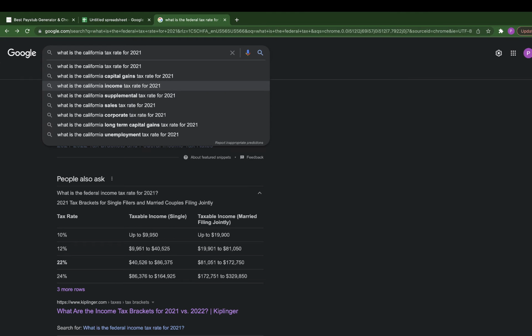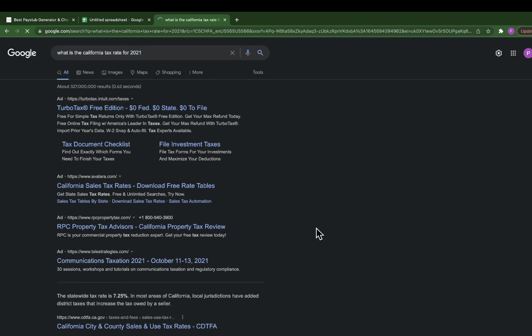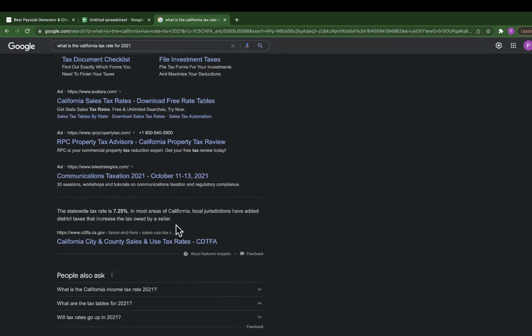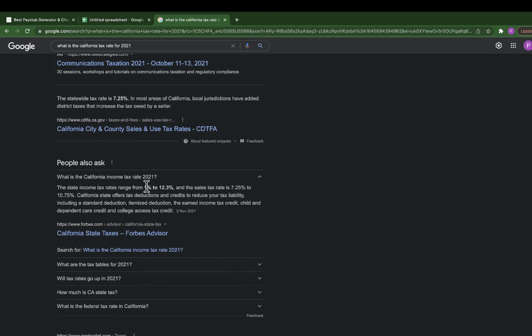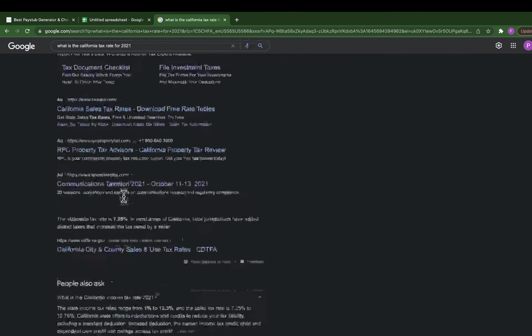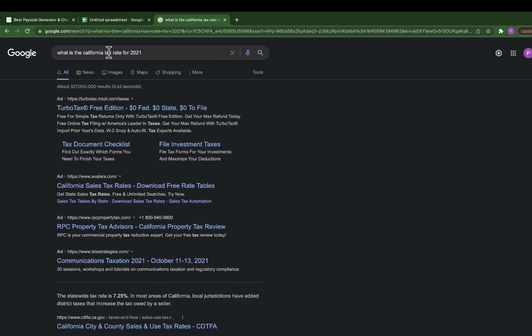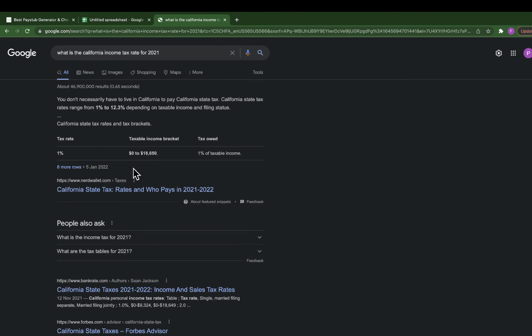California tax rate for 2021. Okay, so let's see, we have the numbers. The state's range of 1-3% is sales tax. That's sales tax, but let's call it the income tax rate. Okay,